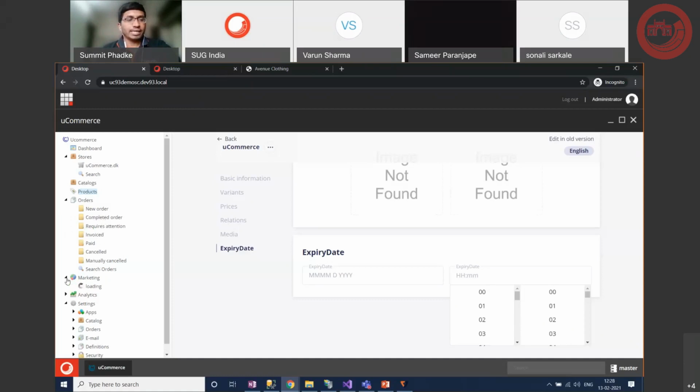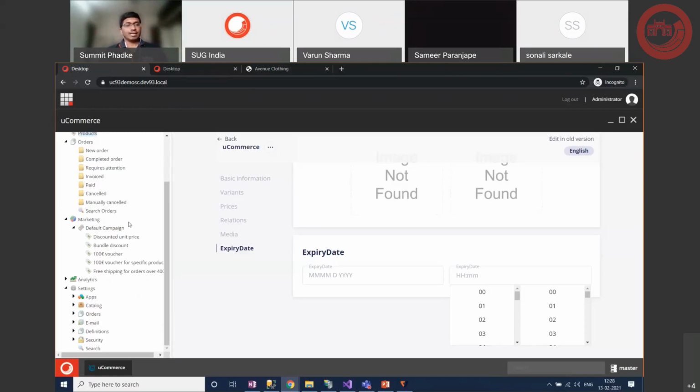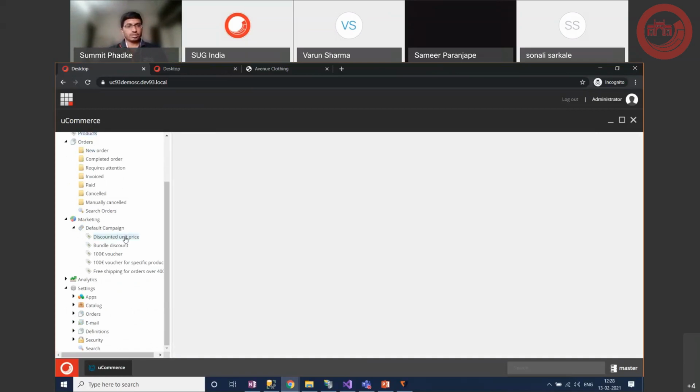And then in the marketing application, as I said, there are a bunch of discounts that have been created out of the box. Hopefully this will load again, because first load generally takes a couple of minutes. But never mind, I'm going to show you when I install the accelerator as well.